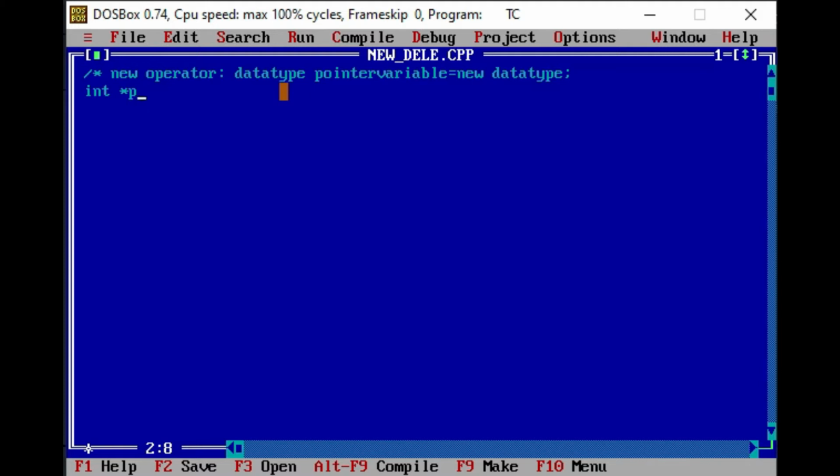The pointer variable is of integer type because it will be used to refer to integer type of data. Now, if I am accessing the data at compile time, at that time we would write, suppose, variable a, and to refer to the location of variable a, we need to assign the address of a to pointer variable p. For that we would write p is equals to ampersand a.